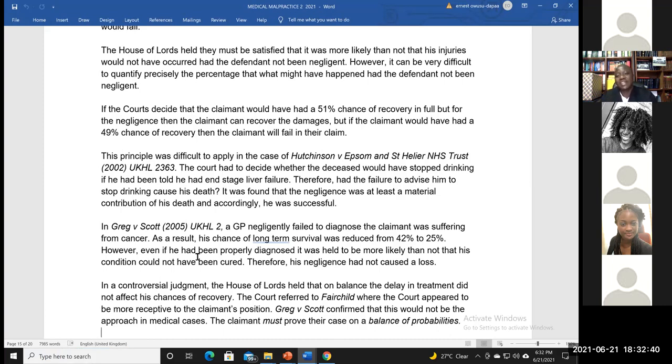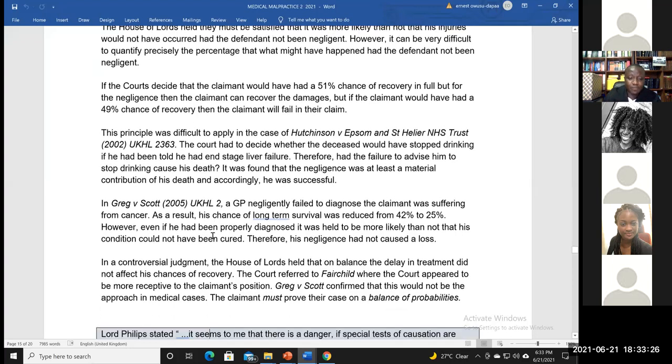Of course, when it comes to, let's say, cancer cases, the loss of chance can be more complicated, especially where early diagnosis of cancer could have prompted a very early treatment and management so that it does not escalate, it doesn't become more serious. And where the diagnosis is later in time, making treatment very difficult, I think that is where decisions in Gregg against Scott